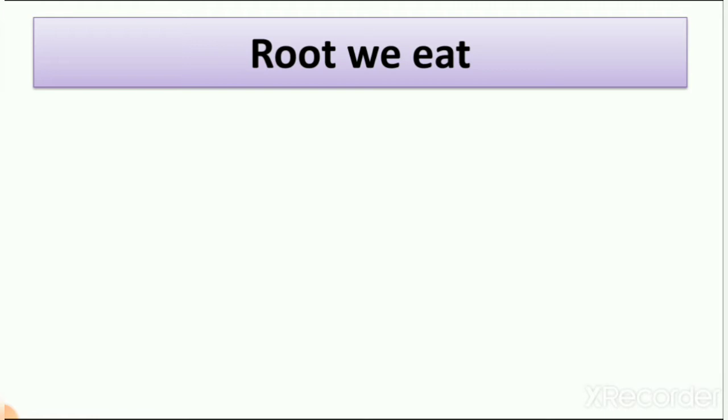First we revise what we learned in lesson number 4. The first part of the plant which starts growing is root. So first we learn about the roots we eat. Which roots do we eat? Remember we learned how we grow carrot and where carrot grows, right? Root vegetables grow underground. Why? Because root grows underground. That's why we call it the underground part of the plant.